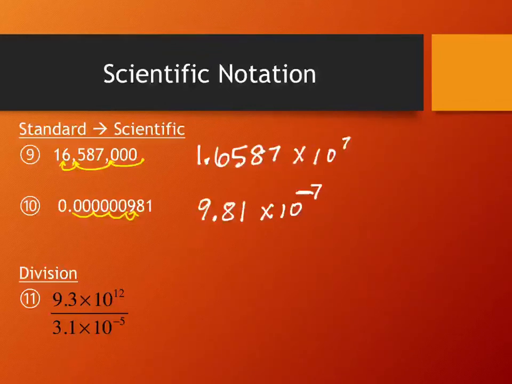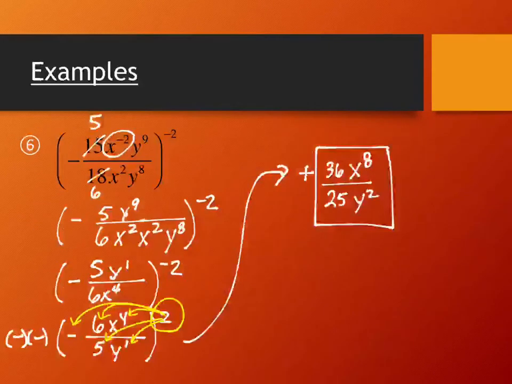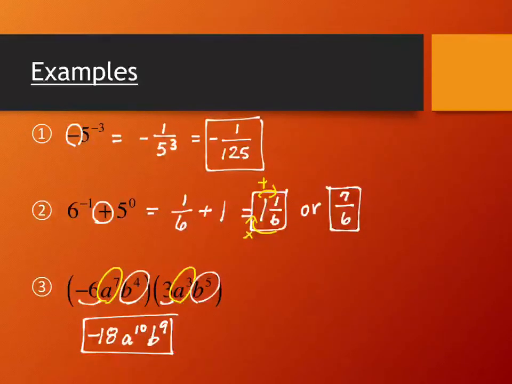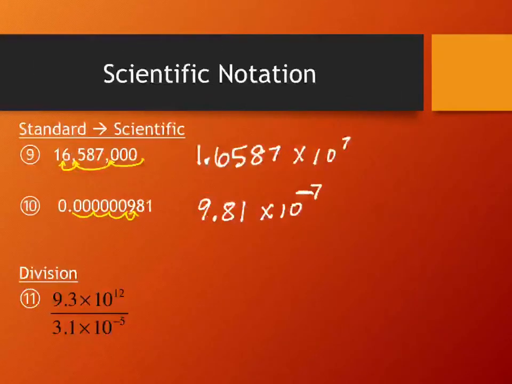scientific notation values. You're going to have some in your homework that will be multiplying scientific notation values as well. So we're working piece by piece. This is actually much like the problem over here that we did on number 3, where we considered the coefficients individually, and then we considered the bases with the exponents individually, right? And looked for ways to combine them. We're going to do the same thing here. So I'm going to consider this piece first. 9.3 and 3.1